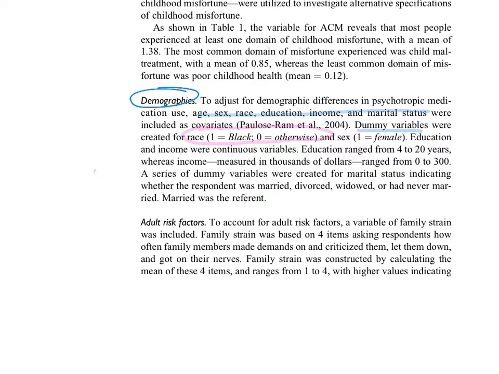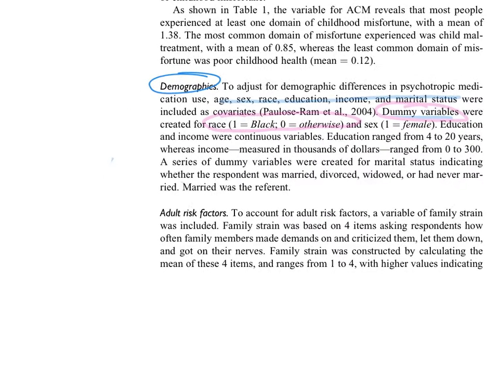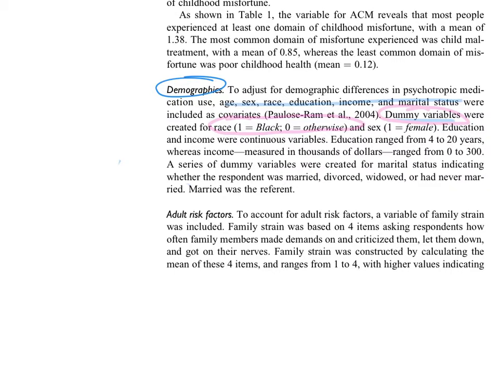For reasons that will be apparent much, much later in the term, sometimes we want to be able to find the average and be able to do something like turn these categories into numbers. And that is where dummy variables come in. And I'm trying to just give you a really basic understanding right now. So that means that they basically took every black person in this study and they coded them as a 1, hence the 1 equals black. And anybody else that was not identified as black, they coded as 0 for otherwise. And that allows them to do certain